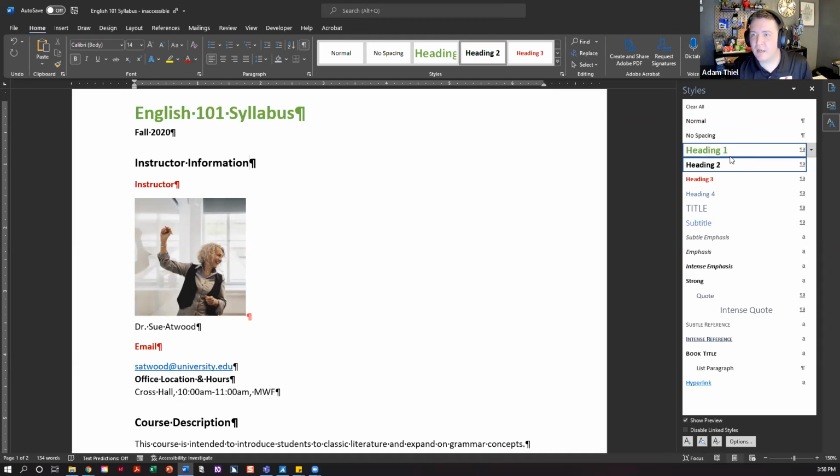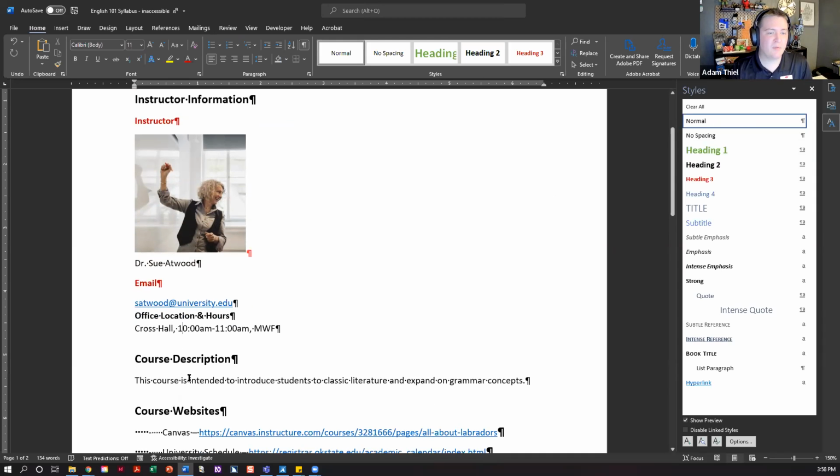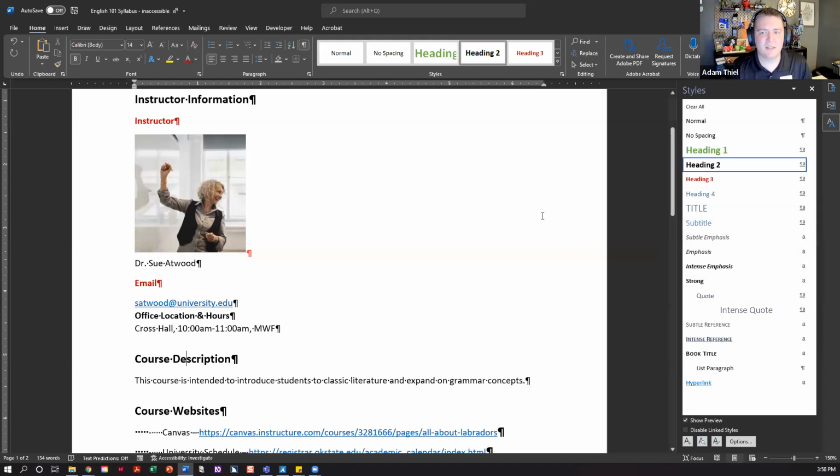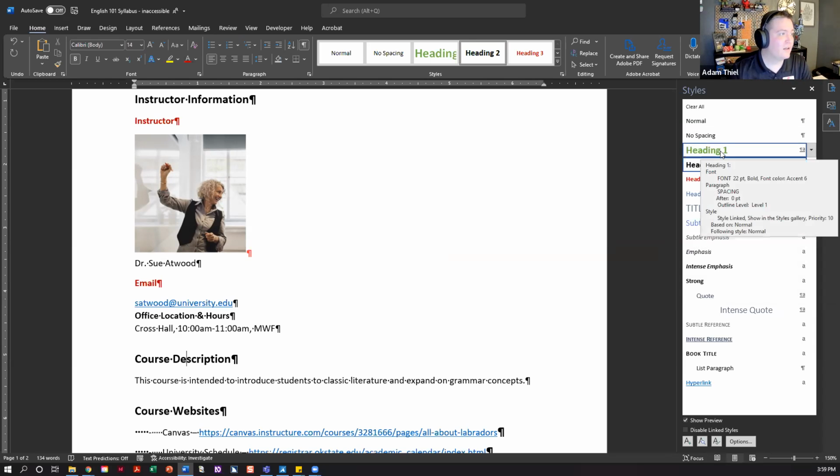And there are different styles in here for different things. Any body text that you have that isn't a heading, you can set to be normal. One thing to avoid is using this title style, because assistive technology really doesn't make use of it. A lot of times they just throw a bunch of features out there, but if nobody uses them, they just sit there. Best practice is just to use heading level 1 as your title, and then go from there for the rest of your document.